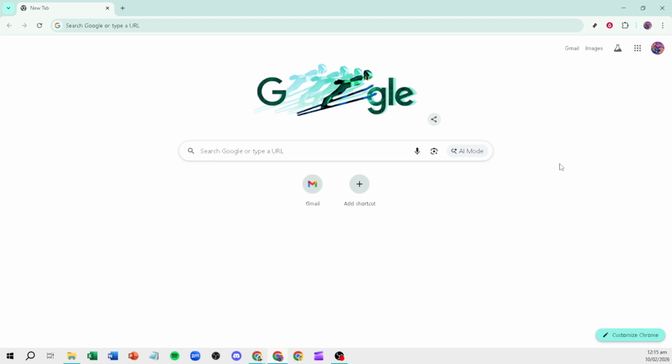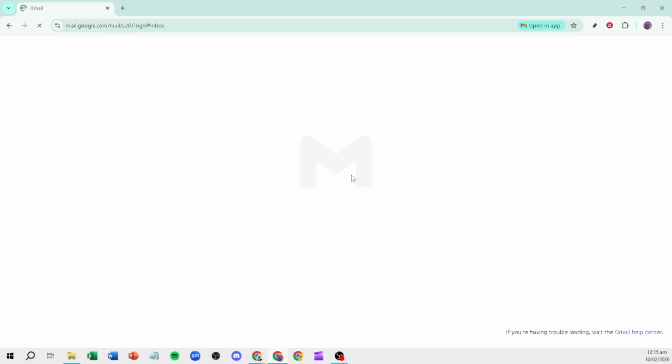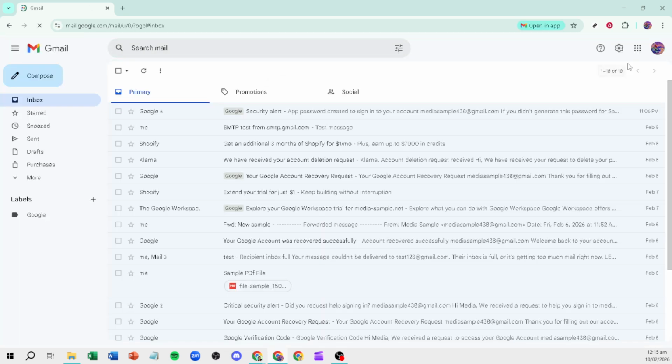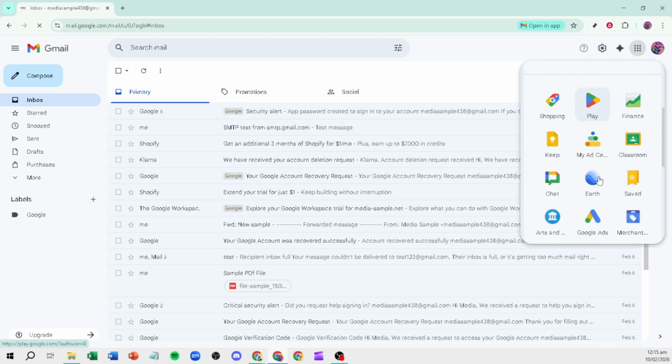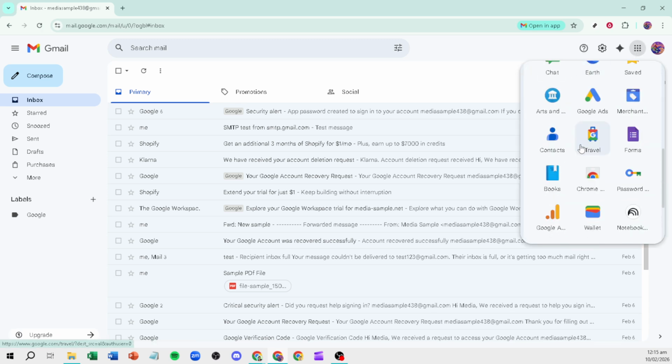Start by opening a desktop web browser and signing in to your Google account. Go to Gmail. In the top right corner, click the Google Apps icon, the small grid of dots, and choose Contacts. This opens Google Contacts, which is where Gmail stores and manages your people. Think of it as the central hub for names, emails, phone numbers, and groups that Gmail draws from when you